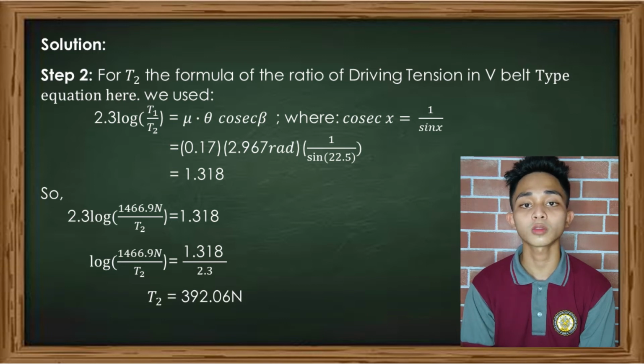For the groove angle, 2 beta is equal to 45 degrees, divided by 2 to get 22.5. So 2.3 log of the quantity 1,466.9 Newton, which is our T1, divided by T2 is equal to 1.318, and then cross multiply. So log of the quantity 1,466.9 Newton over T2 is equal to 1.318 over 2.3, then shift solve. So T2 is equal to